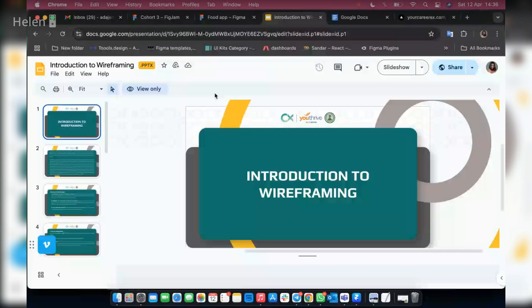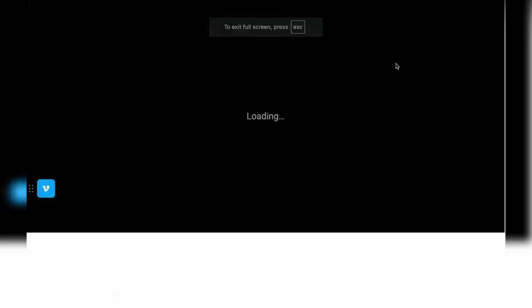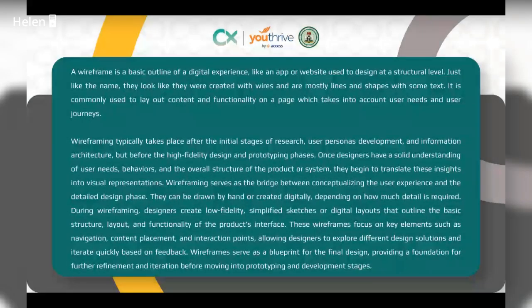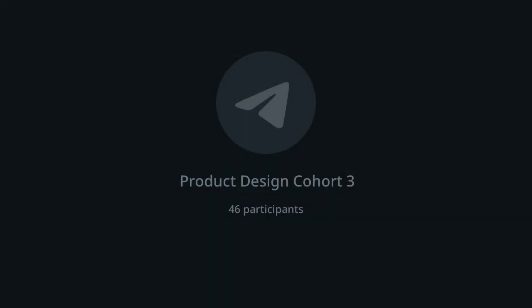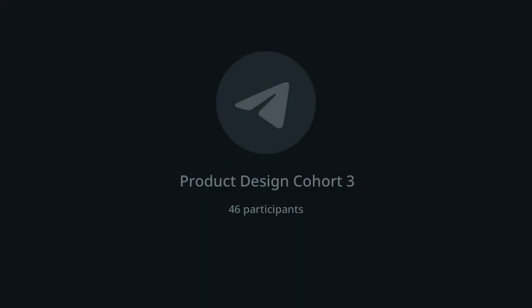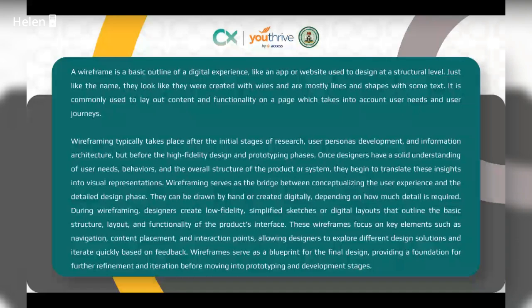We talked about flowcharts last week, and today we are going to talk about wireframing. So introduction to wireframing is today's class. Wireframing is basically a UX design process that we as UI/UX designers or product designers are going to carry out, because once you are done with your questionnaire, you've looked at your questionnaire,